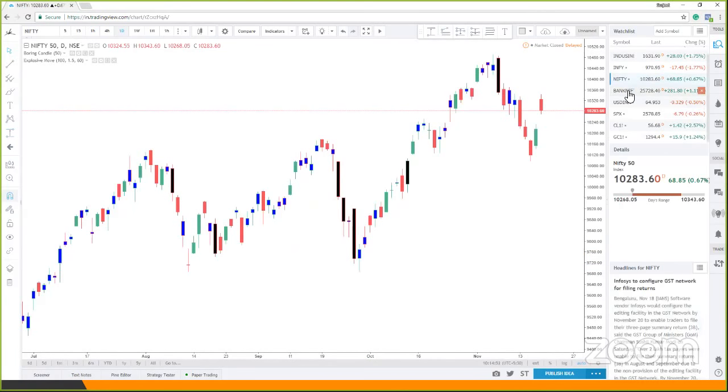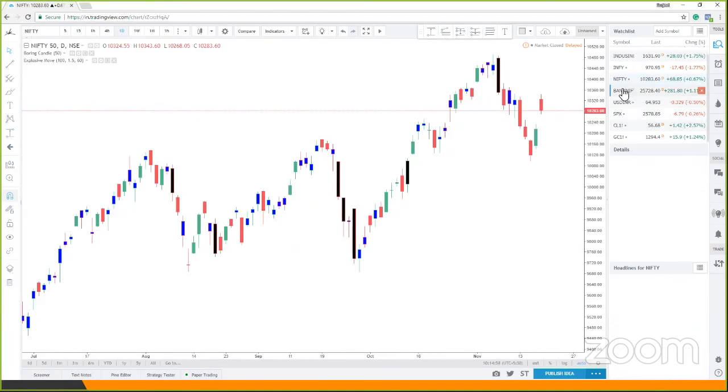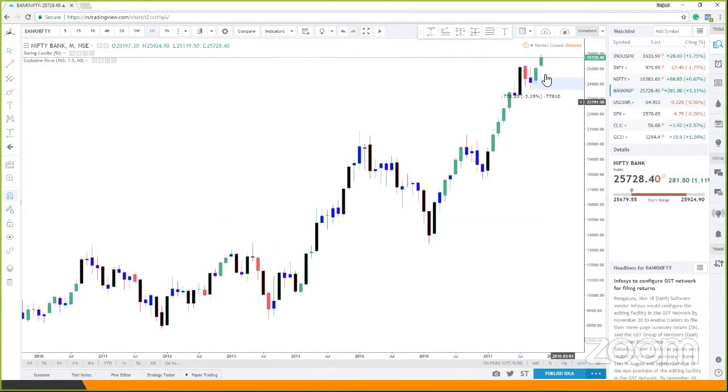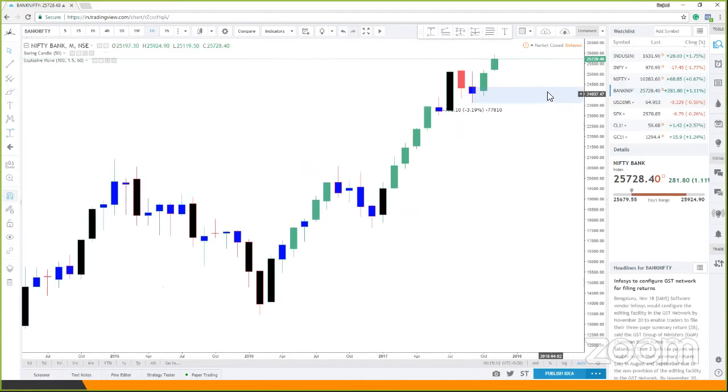Now, moving on to the next one, which is Bank Nifty. Right, so let's bring up Bank Nifty. So like we were seeing that on Bank Nifty, again, we'll have to wait for prices to come back to some demand areas, because that is where we would like to buy it. So the nearest demand area which we have on Bank Nifty as of now with the longer term perspective is around 24,000. What are the numbers? Let's get the exact numbers. I'll click on this. 24,389, right? Starting at around 24,389.